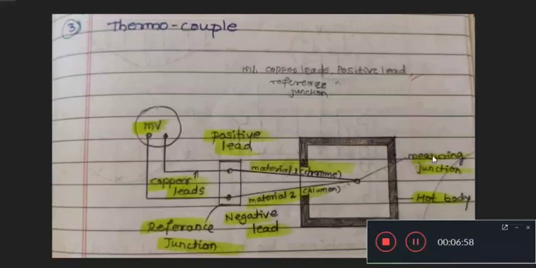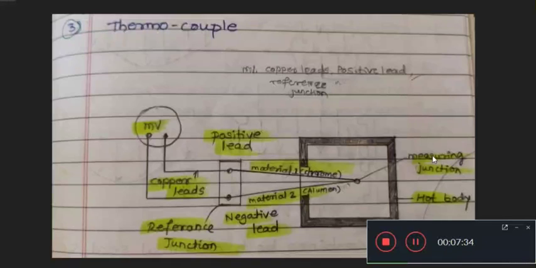It is the most commonly used electrical temperature measuring device. Two dissimilar metals are joined to form a junction called the measuring junction. The two junctions are kept at different temperatures. The EMF generated is proportional to the temperature difference. The figure explains temperature measurement which is carried out with two junctions.